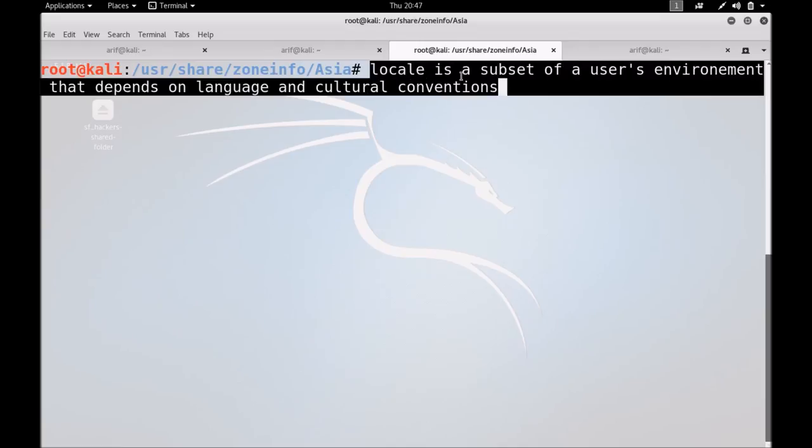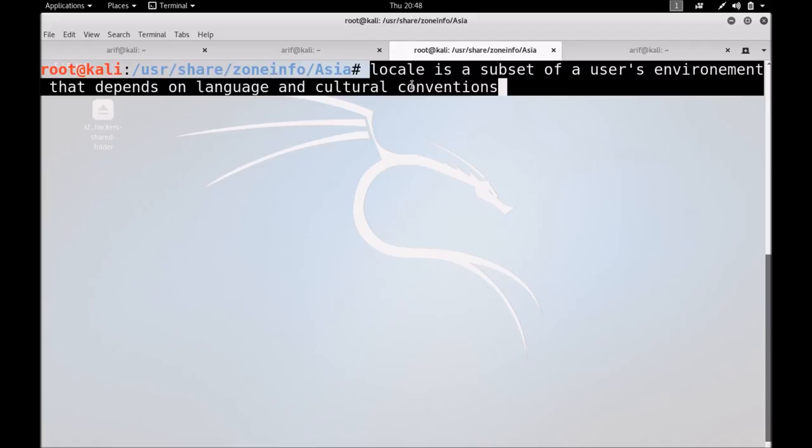A locale is a subset of a user's environment that depends on language and cultural conventions. So students, writing programs that can be configured as part of the locale in which those programs are running and can perform I/O accordingly is known as internationalization of programs, which is a very complex topic.